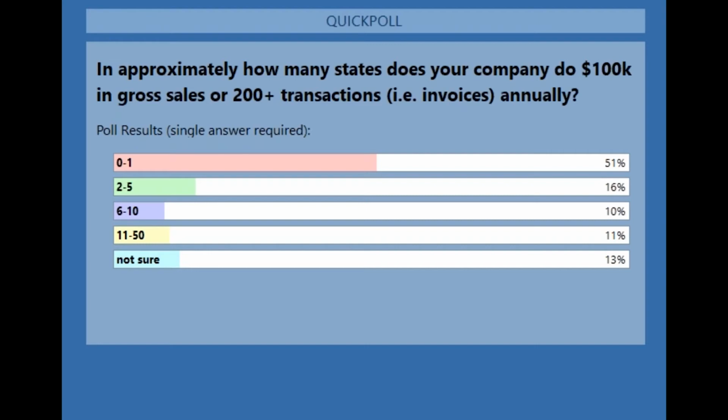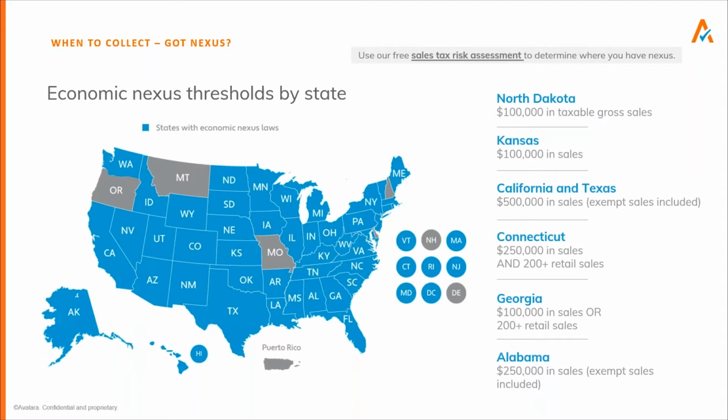So one of the things I'm showing you here is another map, or basically it's the same map that I just showed you of the states that have economic nexus thresholds. But added to this is some of those thresholds. And if you scan down that list of states, you'll notice something significant, that none of them match. So it is difficult to manage this aspect of your business, understanding where you may have exposure in states, because economic nexus thresholds vary from state to state.